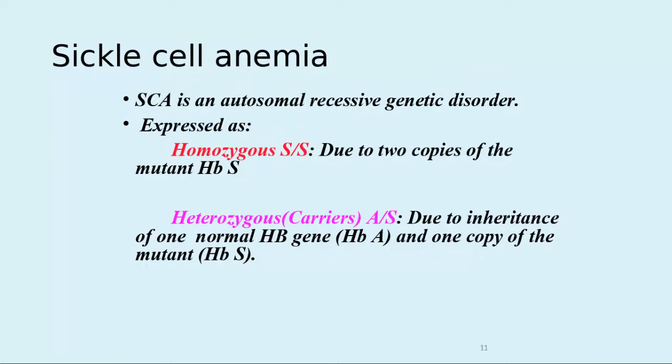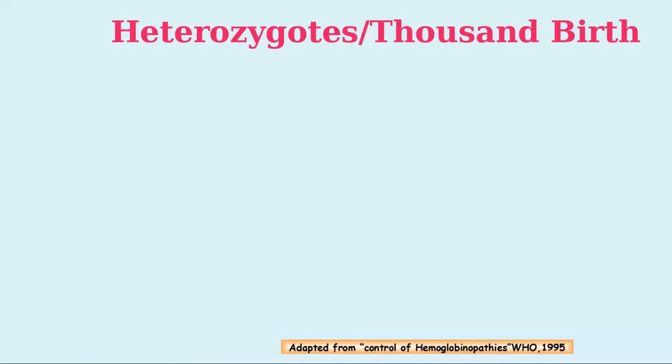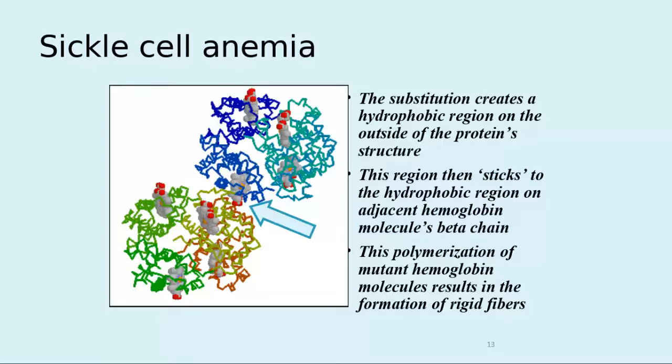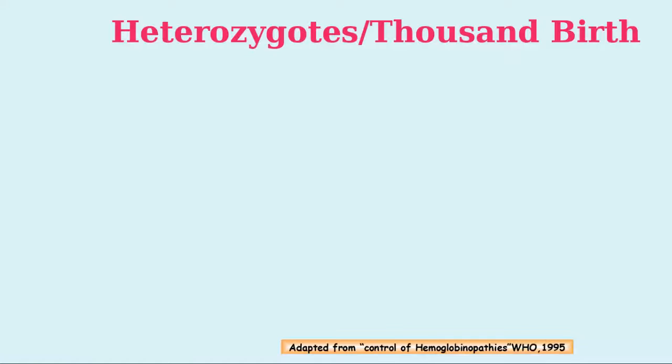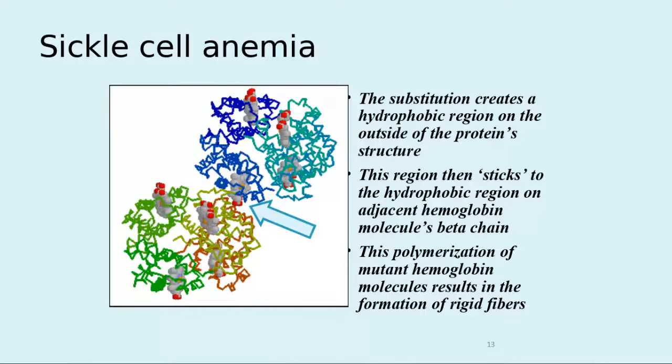Sickle cell anemia is an autosomal recessive genetic disorder expressed as either homozygous, due to 2 copies of the mutant hemoglobin S, or heterozygous, where it's a carrier state. In the heterozygous type, sorry, it's not showing. Sickle cell anemia is a substitution that creates a hydrophobic region on the outside of the protein